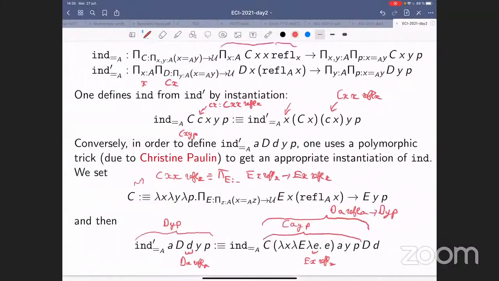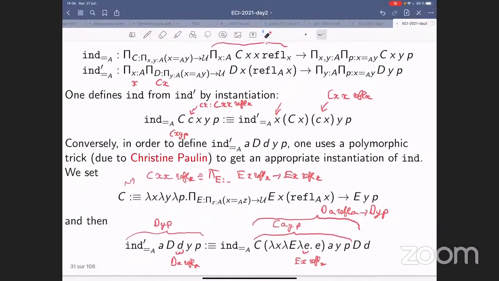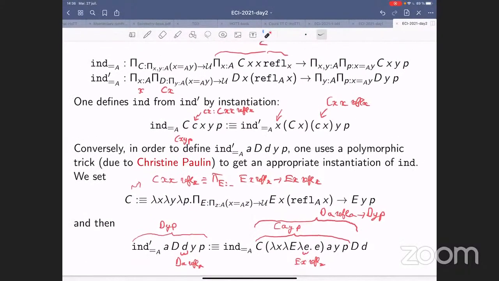So the idea for the converse is clever. What we need is to use some trick which has to do with polymorphism. I already mentioned polymorphism yesterday. So I don't want to try to synthesize this definition. Let me just explain what is written in the slide, which is a bit magical. The idea is that now we have